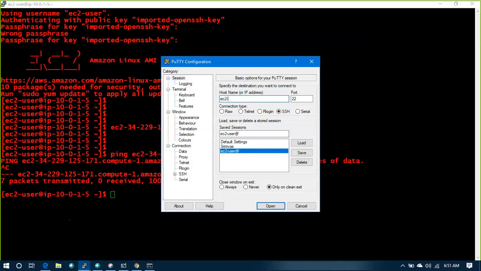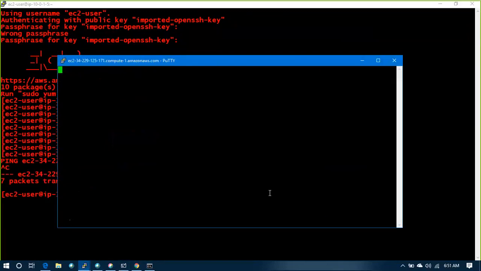EC2-user, right? So you'll get a timeout. See, you'll not be able to connect to this machine.